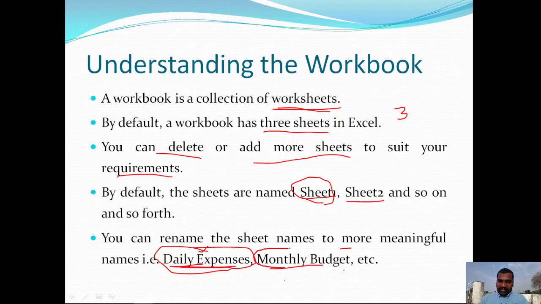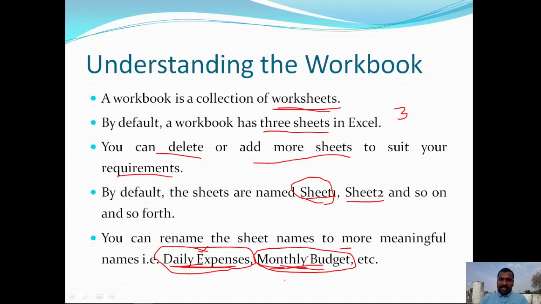For example, another sheet is named monthly budget. By seeing this name we can say that it is a meaningful name. This name gives a clear idea about the monthly budget, monthly income and expenditures of a particular person or a thing or an enterprise. Like this we can assign several meaningful names to the sheets.